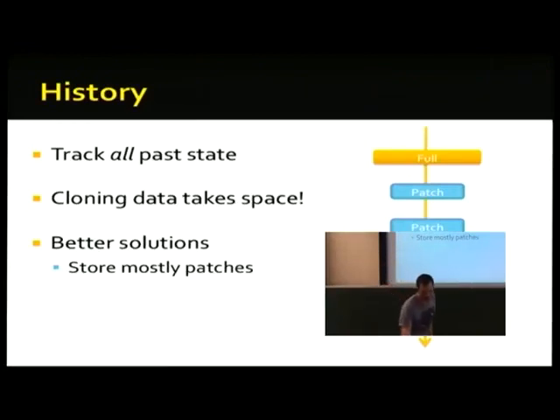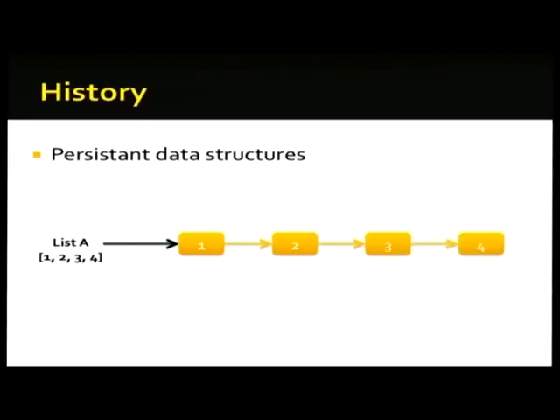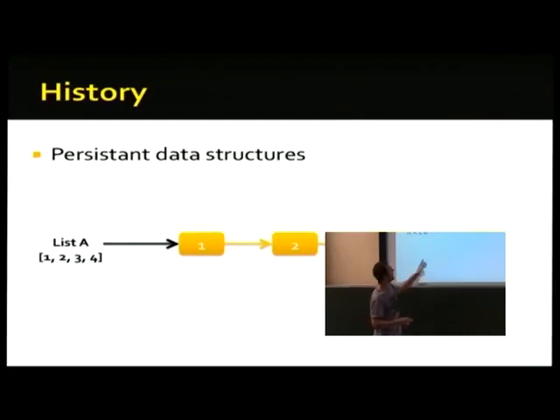And there's actually an even more interesting approach, which is what the Clojure programming language that I mentioned earlier uses, called persistent data structures. I wanted to talk about it because I think they're really interesting. So imagine you have a vector or an array of 4 elements. The more normal way to store that would be to have 4 elements together in memory right next to each other. But if instead you store them as a linked list, where each element points to the next one, you can do some really interesting things.